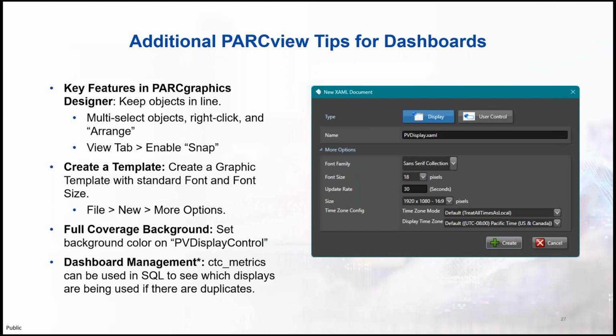Next, I wanted to show that you can actually create a template with Parkview. To do this, you go File, New, and then you'll get a pop-up. From here, you can expand it to more options. The settings I like to change are the font and the font size. I think by default, the font size is about 12 pixels, which is a little small. If you choose 18 or something else, then any tag you drag in there, any text box you start with is going to start at a font size of 18, and you're not going to have to adjust them all